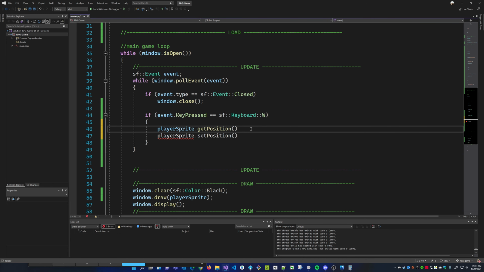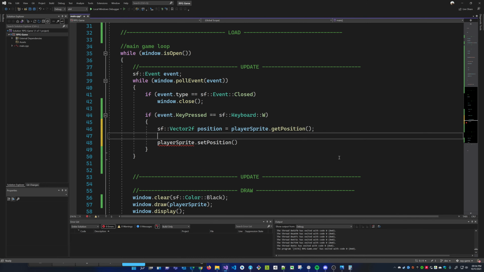Hey Ian, no worries, take your time. So the position, right, it has both an X and Y axis because it's a Vector2f. A Vector2f has X and Y. So because this function will return an X and Y, I can do dot X or I can do dot Y. So not to confuse you too much, what I'm going to do is just store it in a Vector2f variable. So call position equal to getPosition, right?